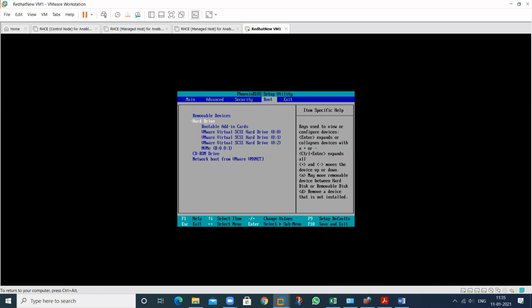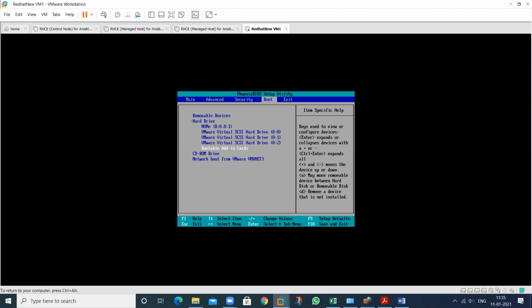At this time you have NVMe also, and 3 SCSI hard disks. So this is the last one. So change this. By using the plus sign, move this to first. This is my first device that I want to boot, my OS, and I want to add this one in the last. So use the minus sign.